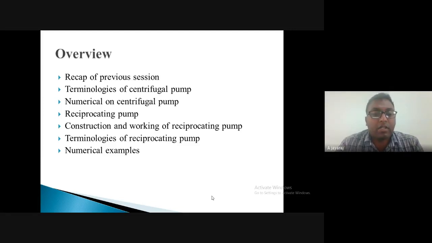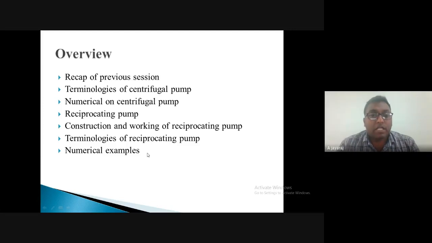Later we'll shift our discussion to the next type of pump, that is the positive displacement pump. One important type of positive displacement pump is the reciprocating pump. We'll focus our discussion on the reciprocating pump, seeing its working principle and construction. We'll look into various terminologies in order to find out the efficiency, discharge, etc. of the reciprocating pump, and we'll work out a few worked examples